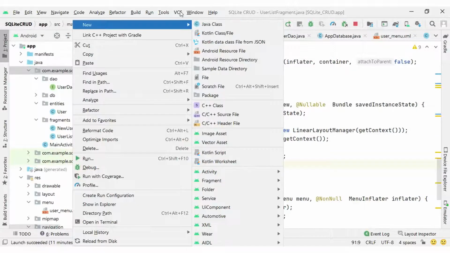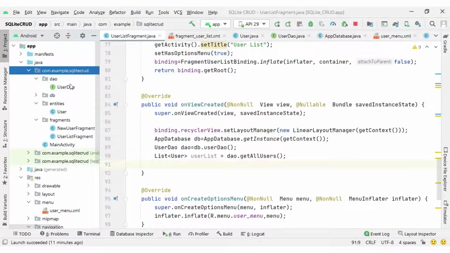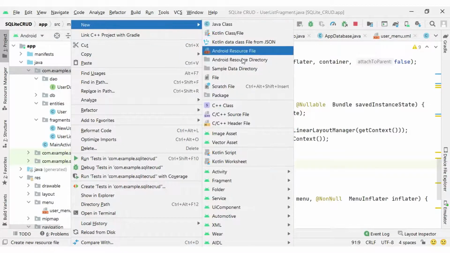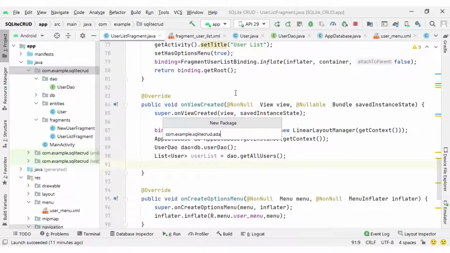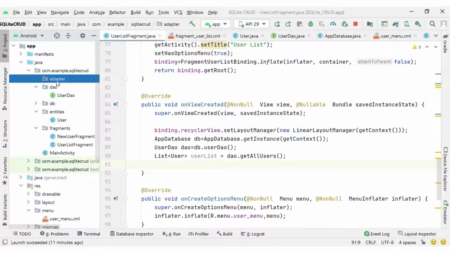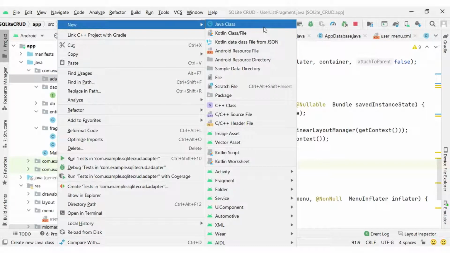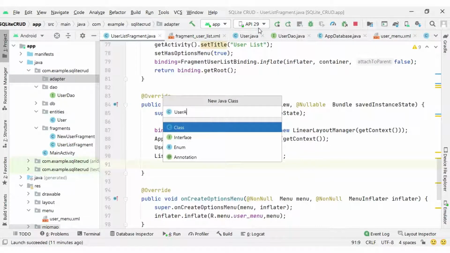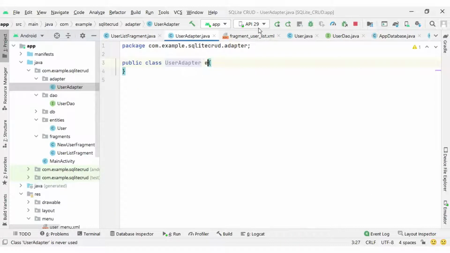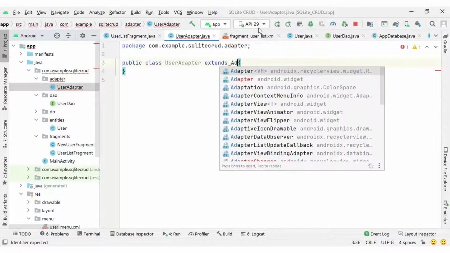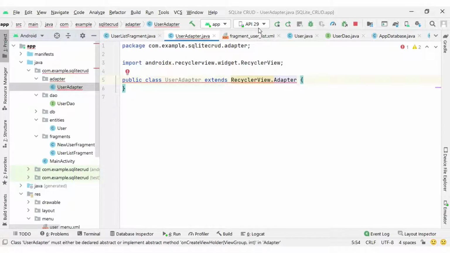So here I am going to create new Java class. Before the Java class we will create one package here for adapter, and inside the adapter package I will create one class, that is user adapter class. It will extend the adapter class of RecyclerView.